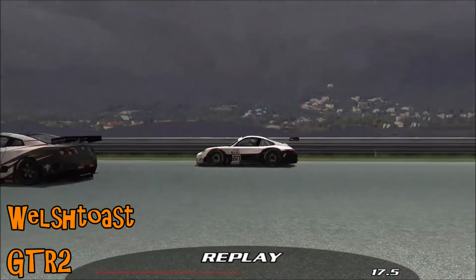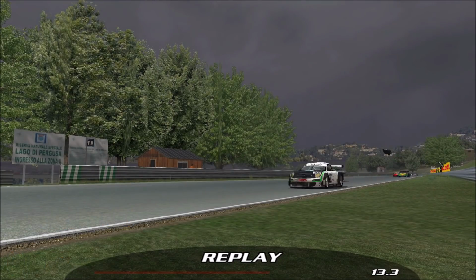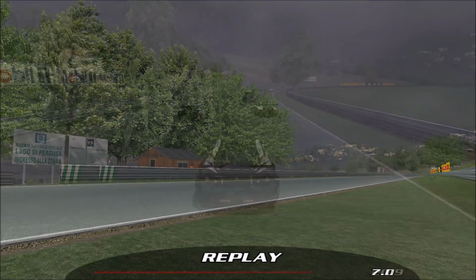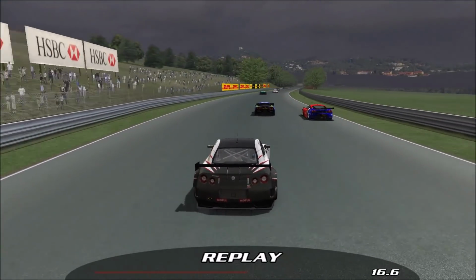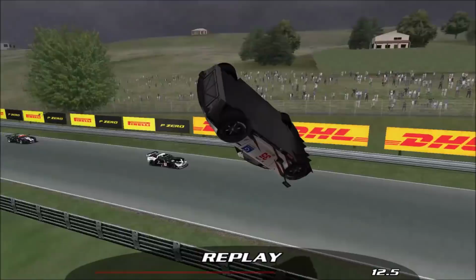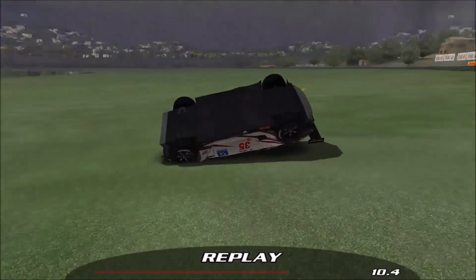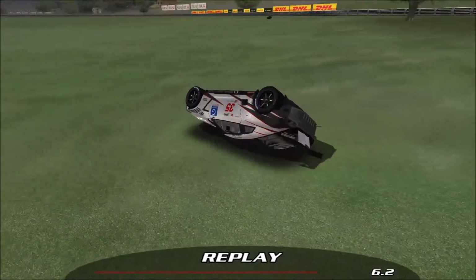Welsh Toast is up next on GTR 2 with a Nissan GTR that clips the back of a Ferrari and decides it's had enough of being on the circuit anymore. You don't really see it too well from that, but I think it's lapping a different class of car. I wouldn't say lapping, but overtaking a different class of car. And as it just bounces off the back of the Ferrari ever so slightly, the nose of the Nissan digs into the floor and it just gets pinged across the track,